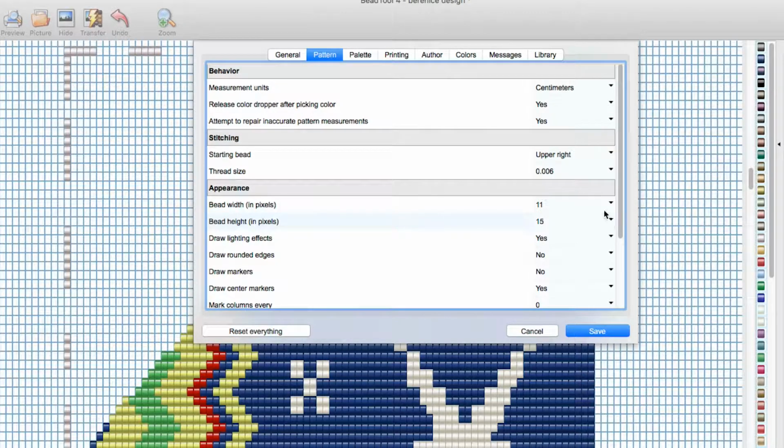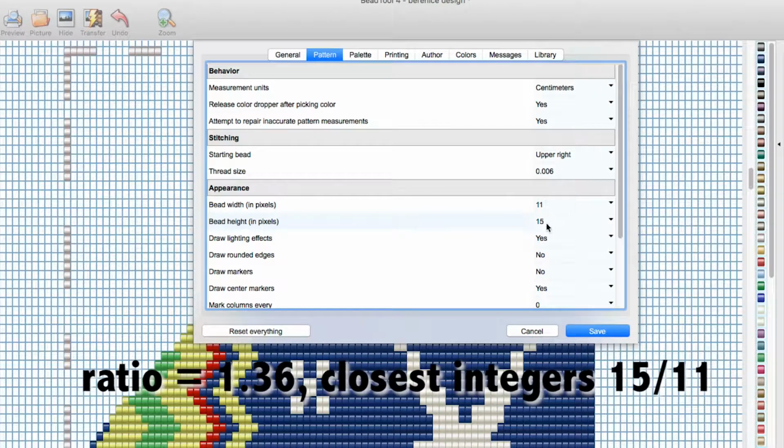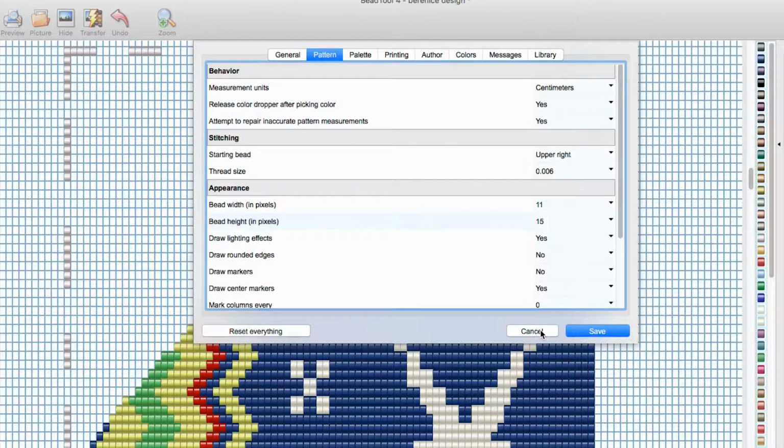And there's some drop down tabs at the right hand side where you can select some numbers, and you need to get as close to the ratio that you've calculated between those two numbers. So my ratio was 1.36, and so 15 divided by 11 is approximately 1.36, or as near as I could get. So you might have to do a little bit of maths.